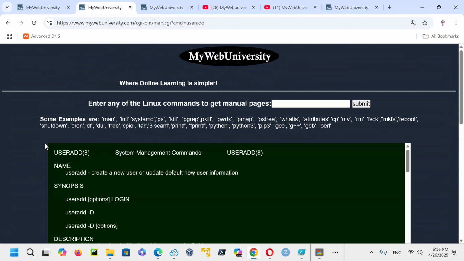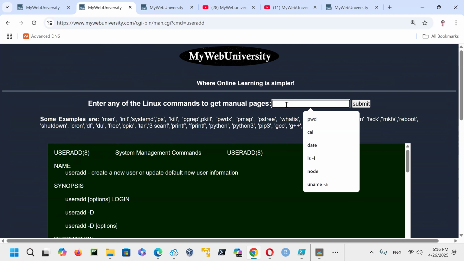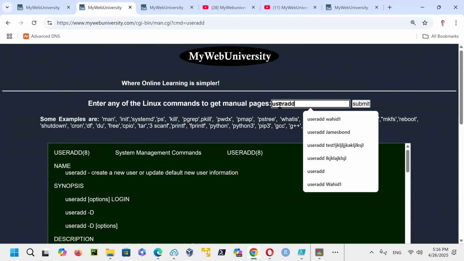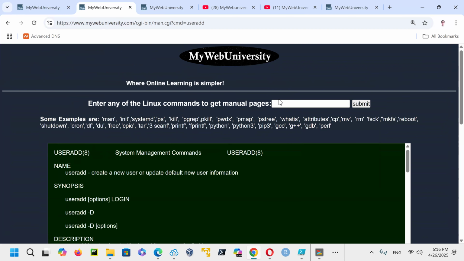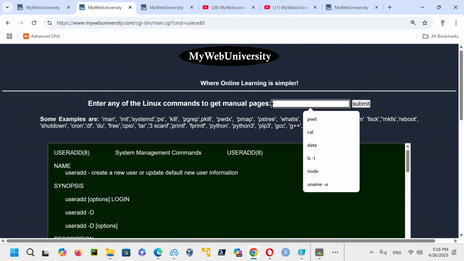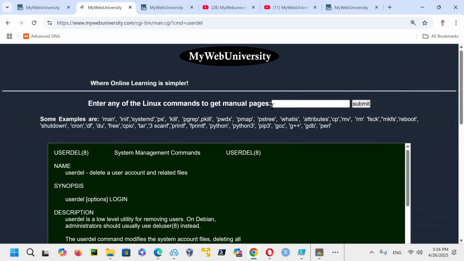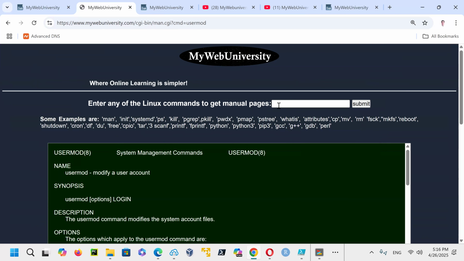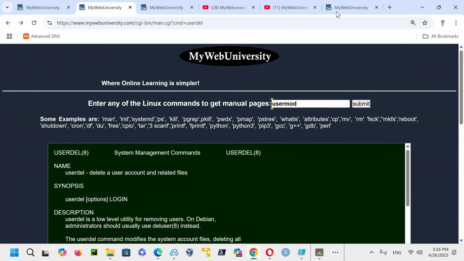So user add, I must have typed it inaccurately last time. User add will give you, and then user del for deletion, and user mode for modification, and so on. So this is the manual page for it there.